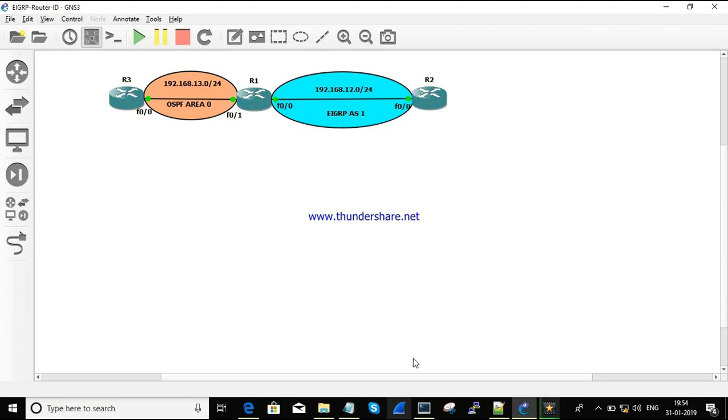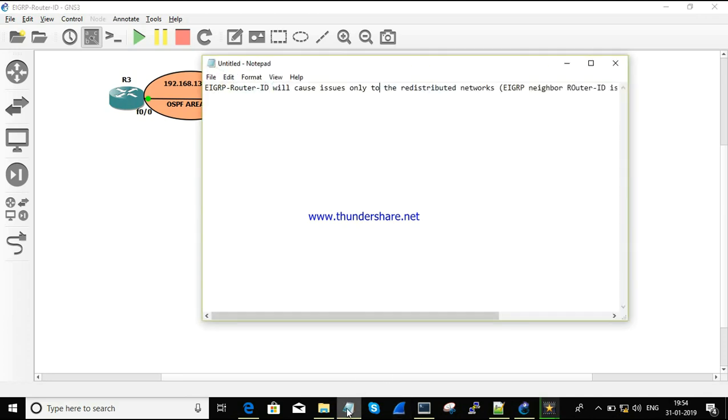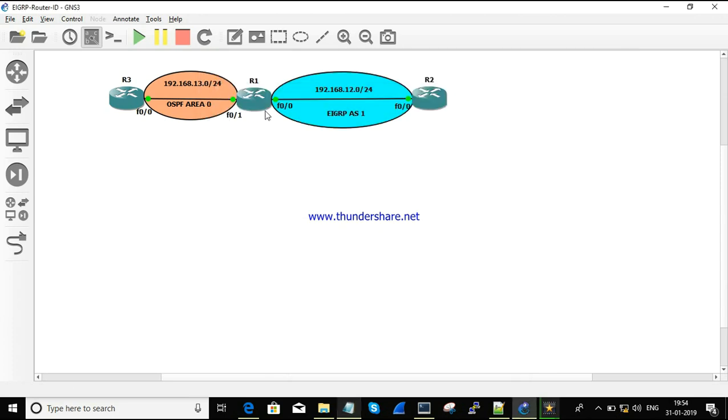There is only one issue that will happen with the same router ID between the neighbors. That issue is it will not allow redistributed routes to enter. So that's what the issue is about. To make it simple, we can say EIGRP router ID will cause issues only to the redistributed networks. That is, let's consider R1 and R2 are running EIGRP AS 1 and R1 and R3 are running